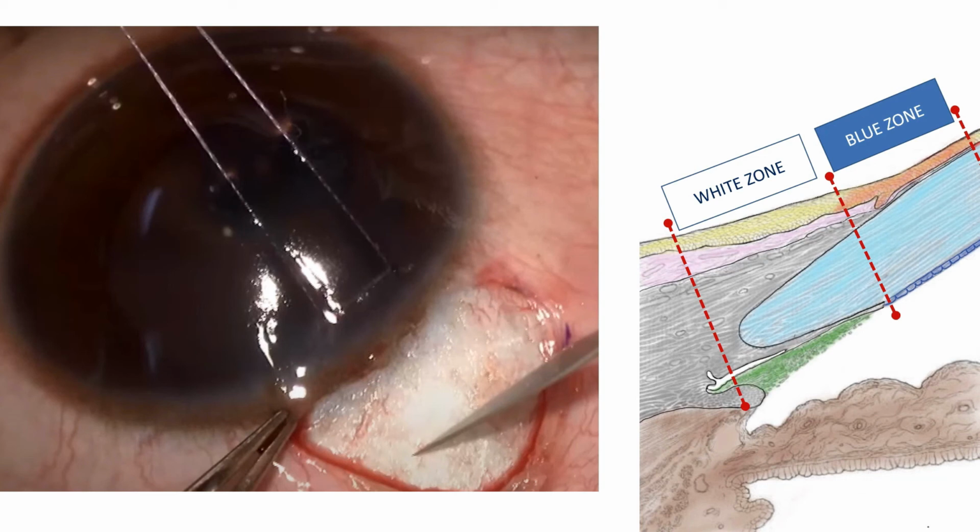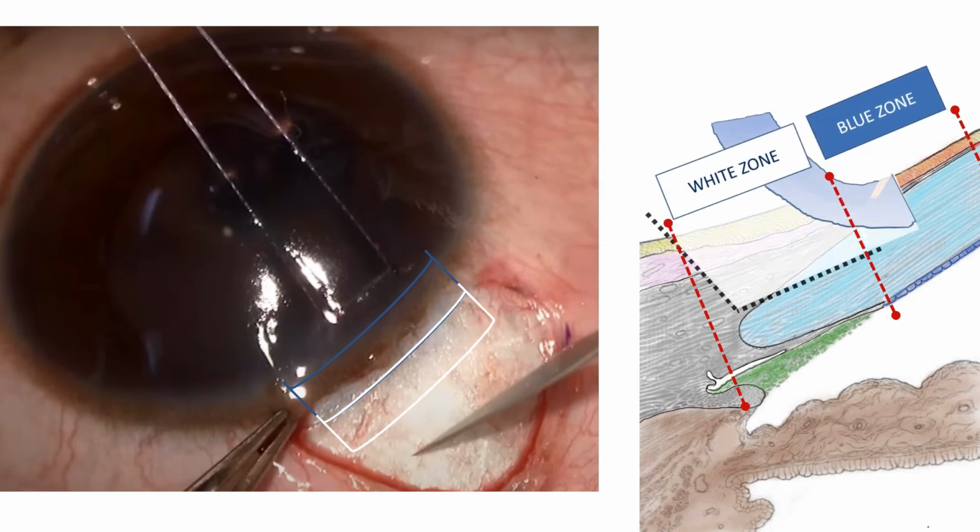So this is a picture from a trabeculectomy surgery being done after the conjunctival peritomy is completed. Note the blue zone here in this area. Now a 1 millimeter zone beyond this blue zone is the white zone, and this is where the trabecular meshwork and the Schlemm's canal lie. As in trabeculectomy, when we make a partial thickness scleral flap, note we are now entering into the corneal stroma even in the white zone.